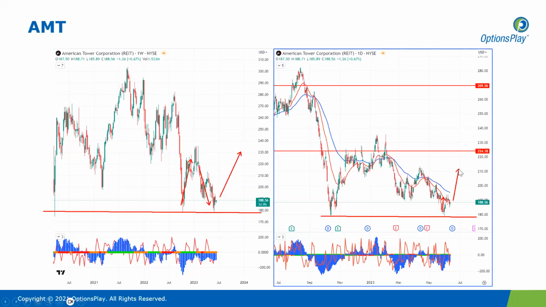And therefore, I do think that there's some evidence for continuation higher here for AMT. Next key level is at 210, previous area of support and resistance. And from there, you're looking at around 225, 230 as the secondary take profit zone here for AMT. But the fact that it is respecting this 180 level is a good enough reason for me to get into this trade, especially when the risk reward is clearly favoring the upside. If it breaks below 180, that's when you'd close out the trade for a limited loss.